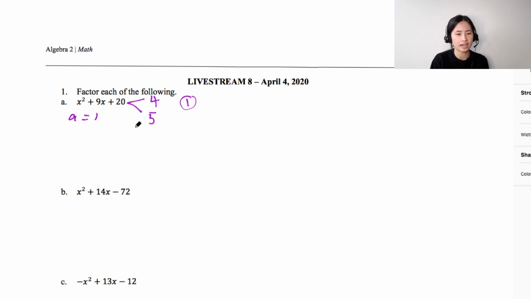They need to add up to 9, right? It has to add up to this coefficient in front. So that's the second condition. Does that make sense? So that's the reason why I'm picking 5 and 4, and specifically positive